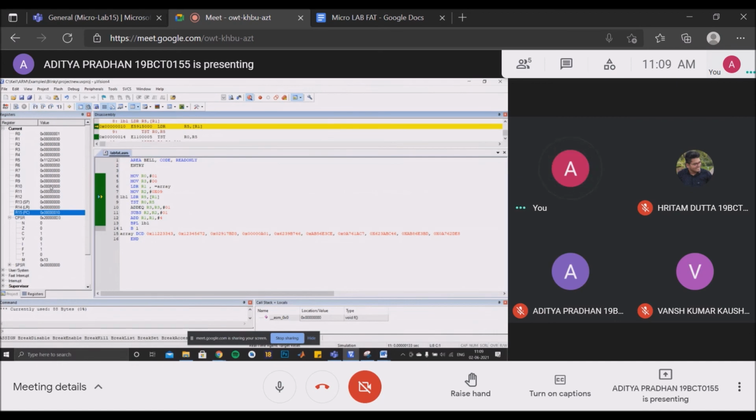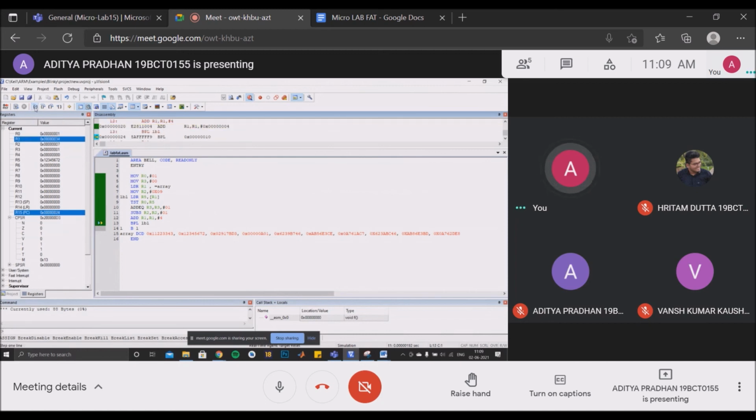Now the next element, that is 0x1234567, will get loaded in the R5 register. As we know, this is an even element, the value in the Z flag will be 1. So this ADDEQ command will be executed, and so the value in R3 is 1, as you can see.